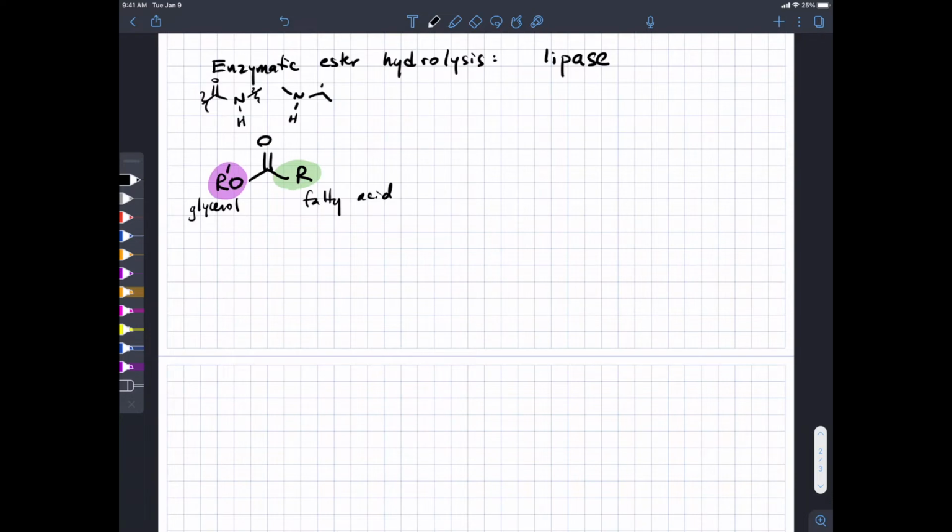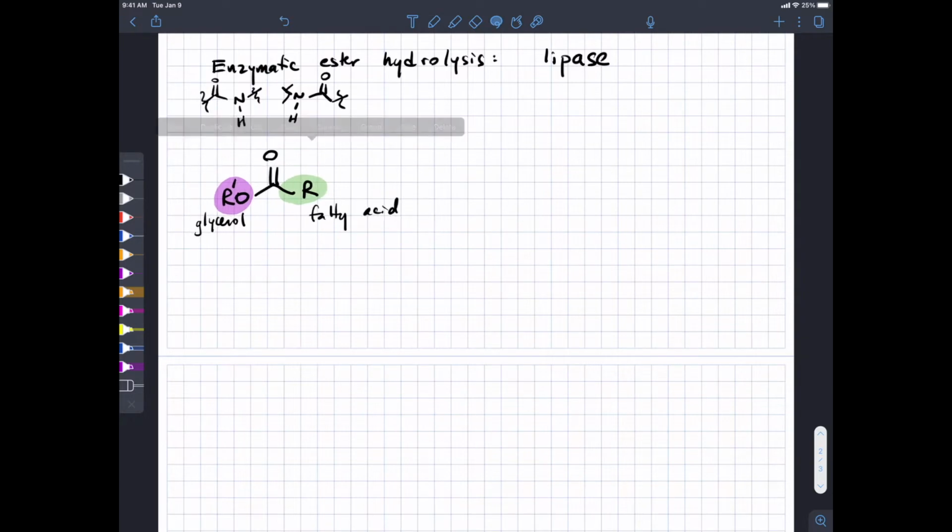But these amide bonds, these amide NH protons, create a hydrogen bonding environment for the carbonyl oxygen that activates it towards nucleophilic attack. So think of this as just the pocket that the carbonyl packs into, and already, even before attack,